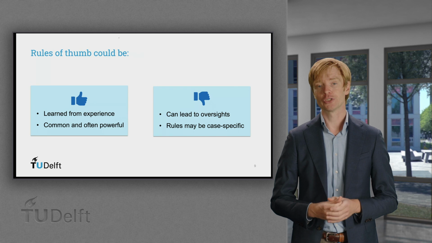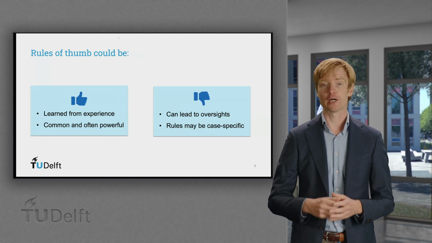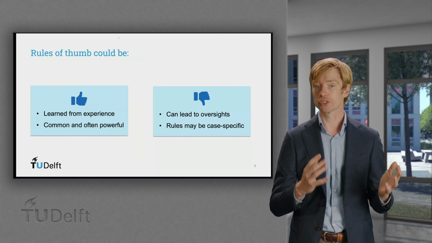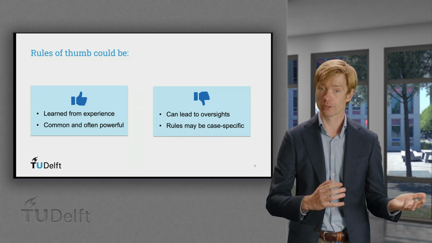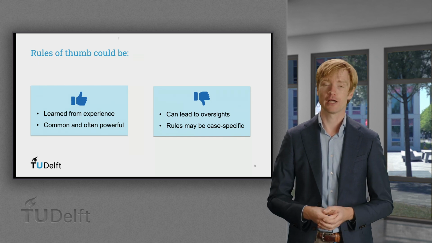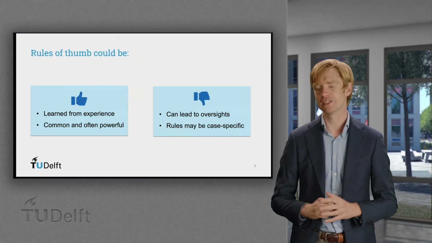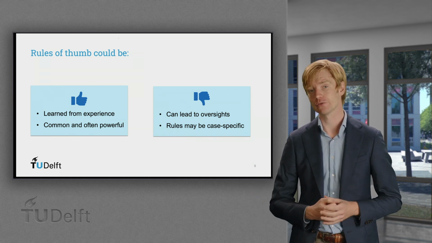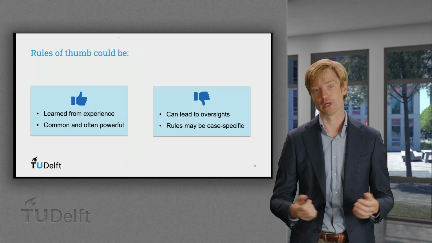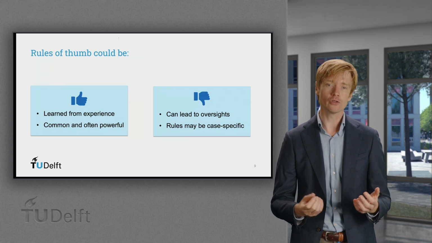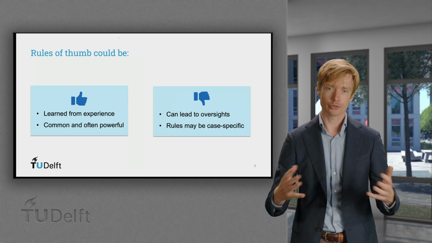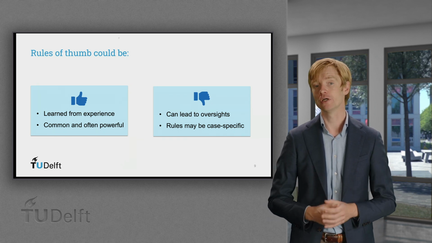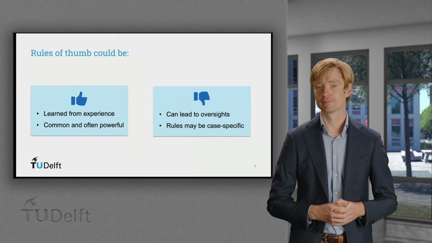The simplest approach is to apply known rules of thumb for scale-up. Experience may dictate which factors are important and which scaling approaches do and do not work. Now, this approach is very common and it can be powerful, but it may also be dangerous. Focusing on one rule of thumb may lead to oversight of other relevant aspects, with all due consequences. So they may be useful, but they should always be part of a broader, structured approach. As such rules are often case-specific too, we will not further address them here.